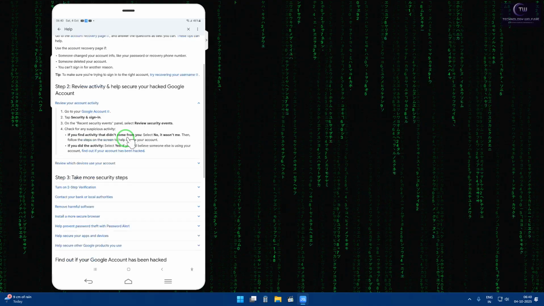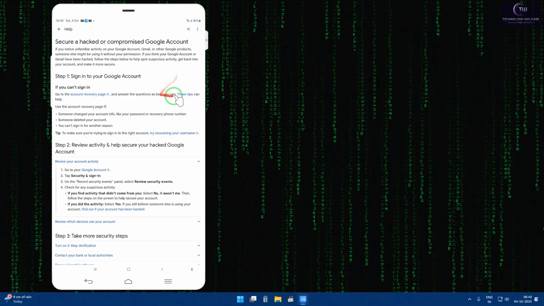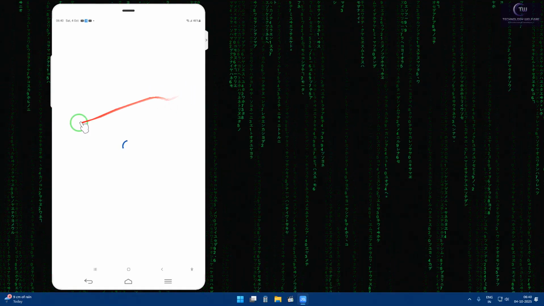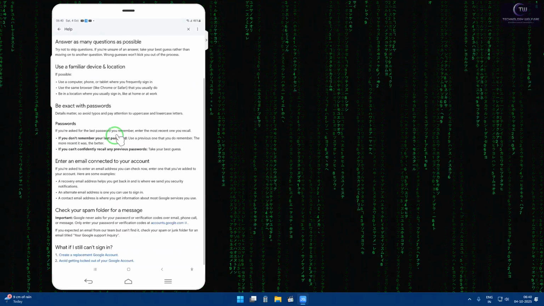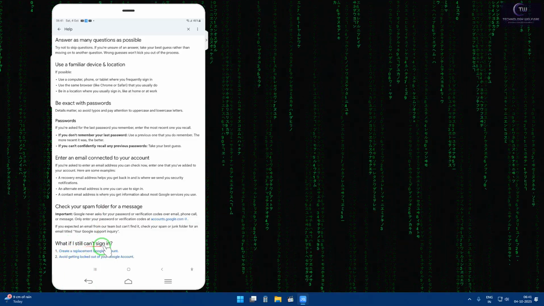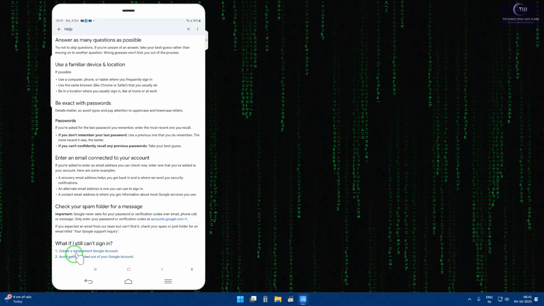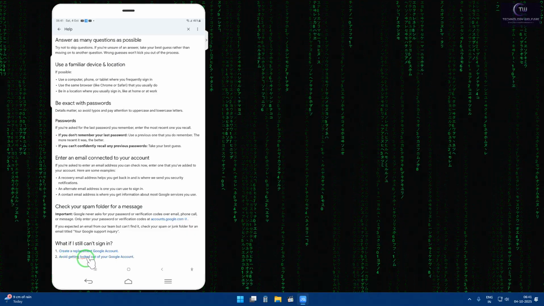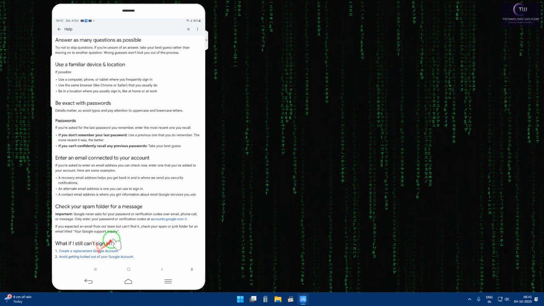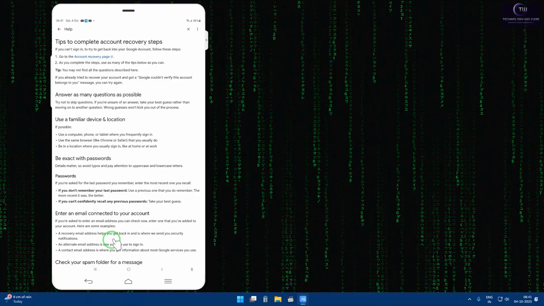When we tap on it, you'll have to come to these steps, and that's to secure your accounts. Now if we tap here, then we will have the option "what if I can't sign in." So here is the recovery of Google accounts, again for when you are getting locked out of your Gmail accounts. Fine, if the two options are coming,